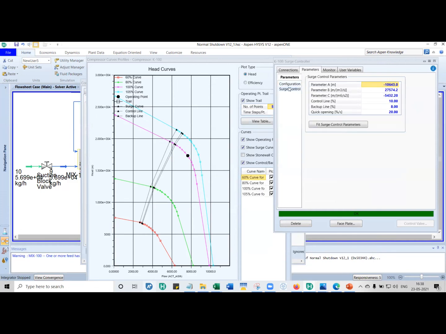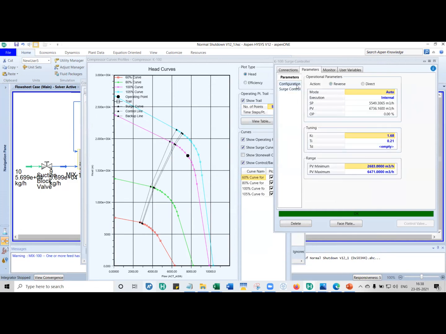What HYSYS does is, based on this expression, it estimates the head also. And based on the difference, in this case 6736 minus 5549, let's just assume it is so much. The difference is 1200 meter cube per hour. So let's say the operating point touched the surge control line. What the anti-surge controller is doing is it estimates